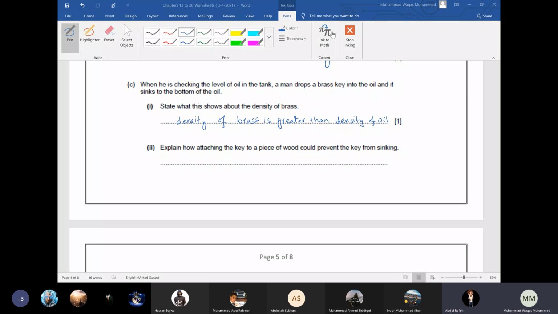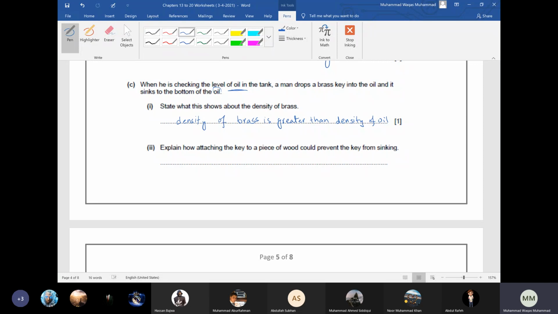Beta, first of all, okay, wood is less dense than water. We know that, beta. But here in the question, what are we discussing? Oil or water? Oil. So beta, many students make these mistakes. You have to read the question. Why would you say water here? Because we are explaining how attaching the key to wood would prevent the key from sinking into what? Oil. So we have to compare the density of the oil with them, not the water. Understand? Yes, sir. So beta, please read the question carefully